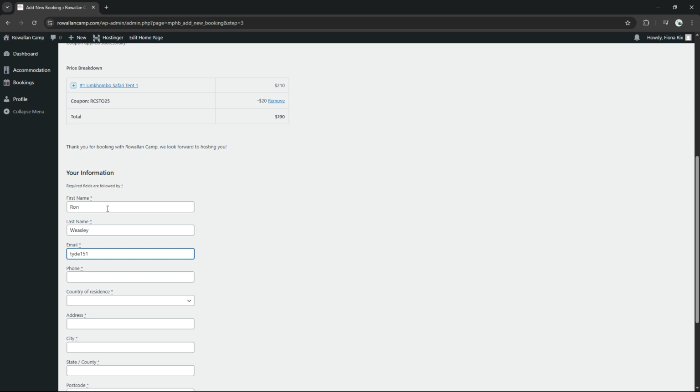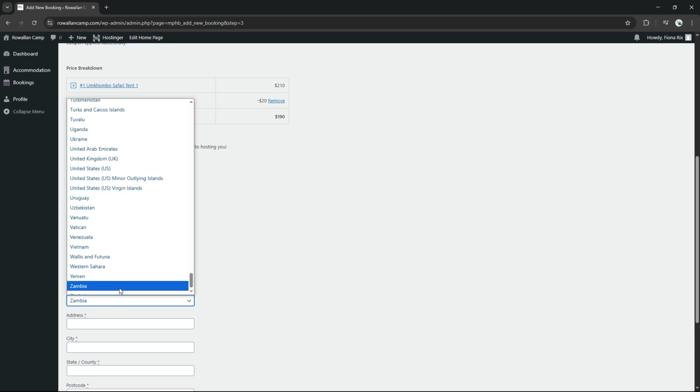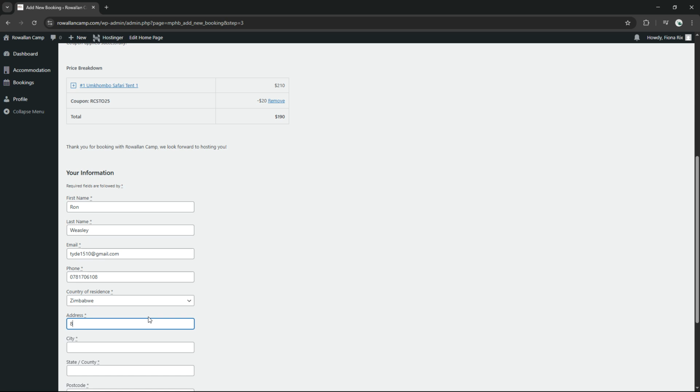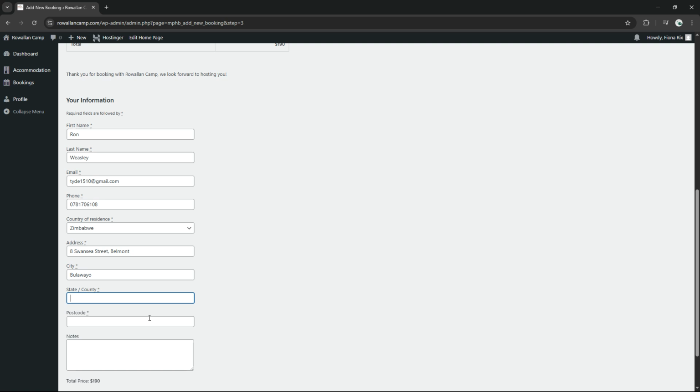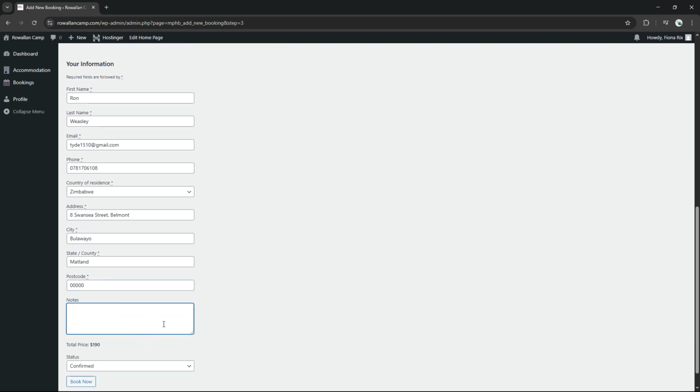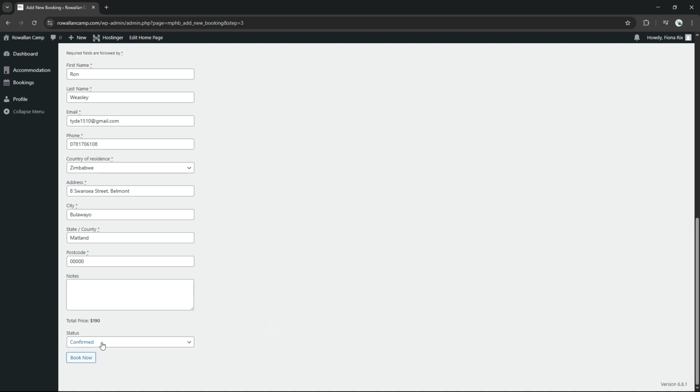I'll just use my email for the purpose of this tutorial. Use the camp number. Country of residence, address. No customer note, and then please ensure, it's of utmost importance, that if this booking is not confirmed, do not